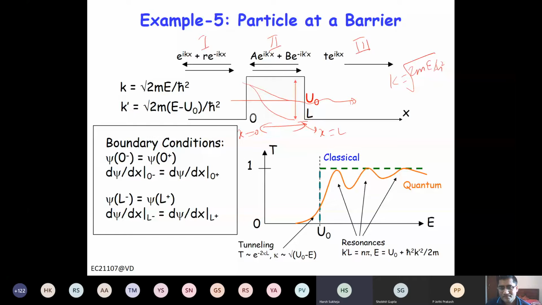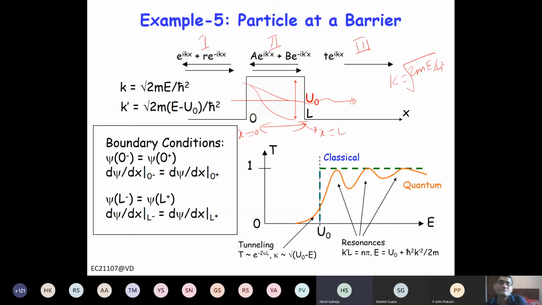But it can penetrate and then come back. Yes, it can penetrate and come back, you can say that. Thank you, sir. It's like you are having a ball in your hand, and when you hit the ball on the wall, it hits the wall and comes back, right? Now, if your ball is a little plumpy, not very solid, then what will happen? This ball will hit the wall, and if the ball is a little plumpy, it will slightly go inside and come back. So a similar thing is happening here. Okay.